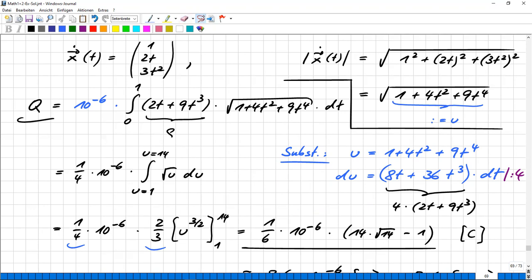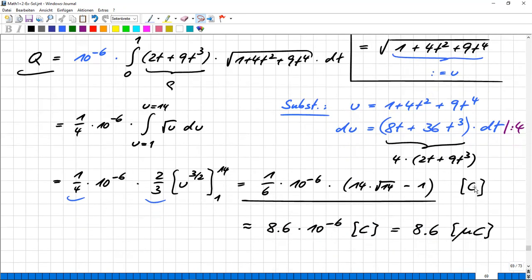Okay, so it's 14 times the square root of 14. Then minus 1 for u, then I get 1 to the power 3/2, which is still 1. So evaluating this, since it's a physical example, we should take the calculator, and it turns out in Coulomb, the unit of electrical charge, we get around 8